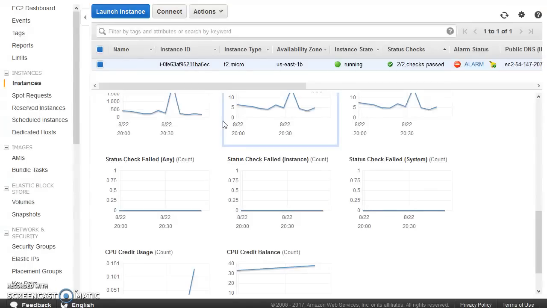In addition to these standard metrics, if you want, you can go ahead and push any other custom metric as well. What could be a possible custom metric? It could be any particular thing which is not currently being captured by CloudWatch. For example, in case of an EC2 instance, CloudWatch doesn't capture memory utilization. If you want to capture memory utilization, you can place a script at your OS level, and that script can continuously push how much memory has been utilized to CloudWatch, and that would appear here as a custom metric.